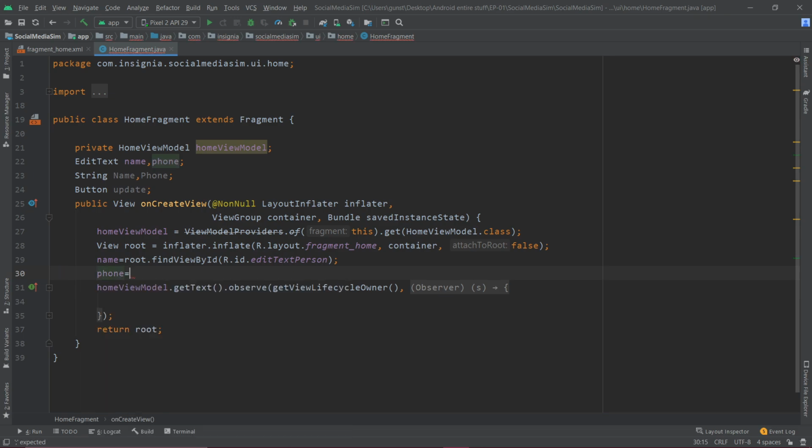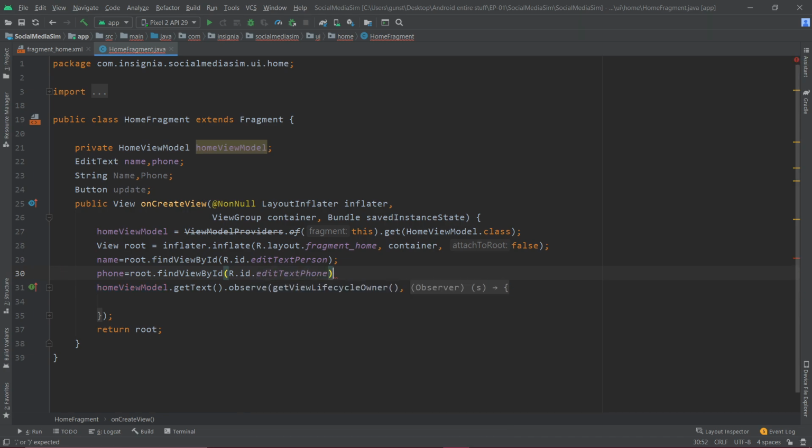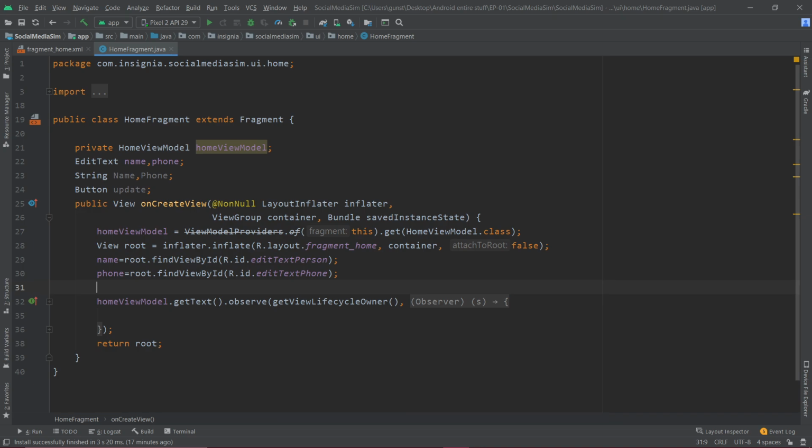The same goes for phone too. So phone equal to root.findViewById(R.id.editTextPhone), and the same goes for the button, which is going to be update. That's it. We have instantiated all our objects.